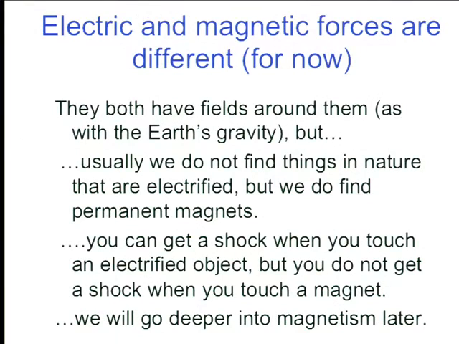Magnetism is weakly electric, and really, to make it electric, you have to do something to it. So that's one of the differences. The other difference is if I build up a big electric charge, you can get a shock. With magnets, I can touch. You can go to the biggest magnet in the world, put your hands on the two poles, and you won't